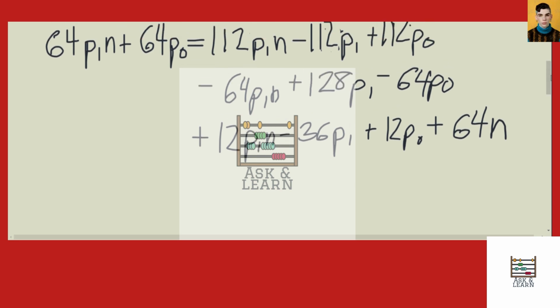And so on the left side we have 0, and on the right side we have 112 minus 64 times 2. So it's going to be 112 minus 64 minus 64, that's 128. So that's a negative,